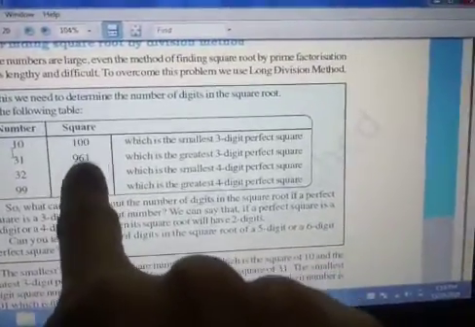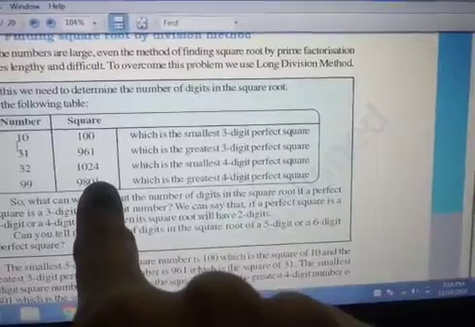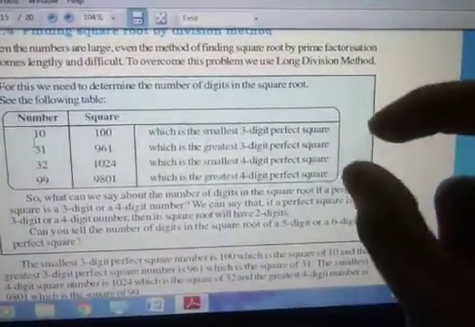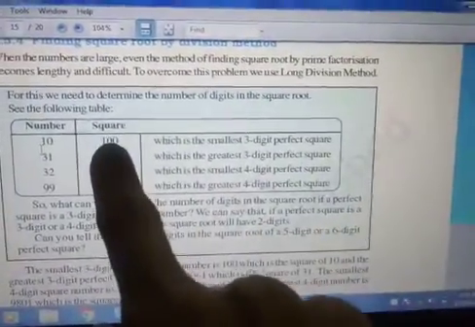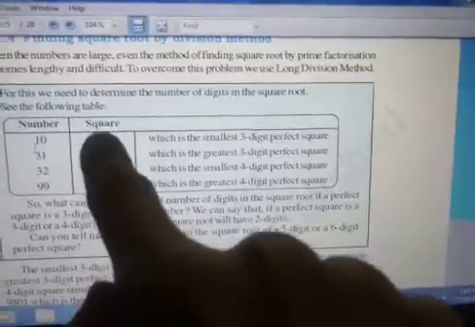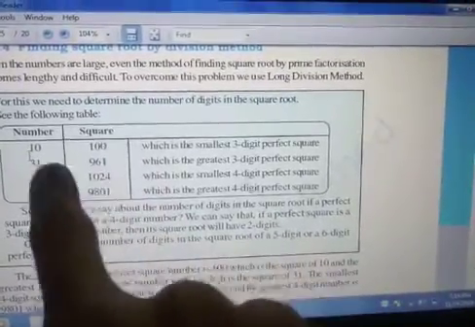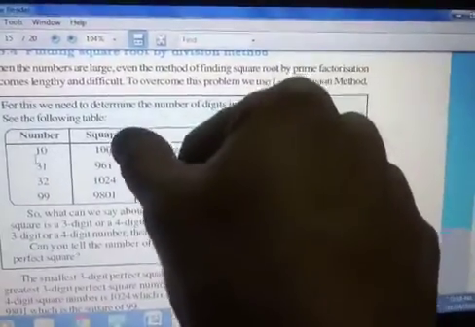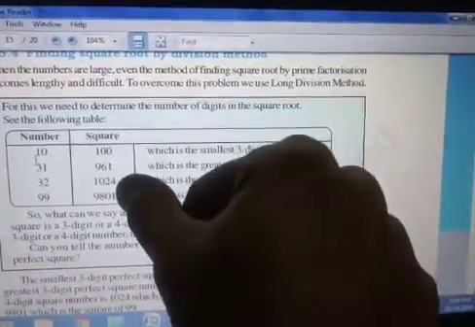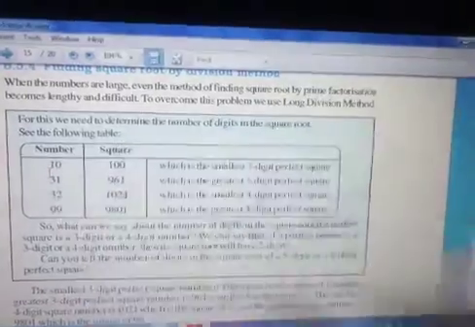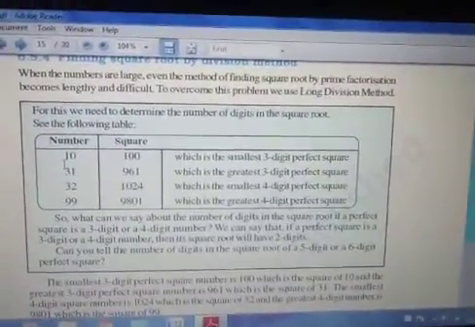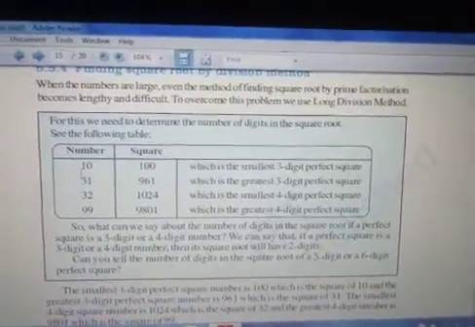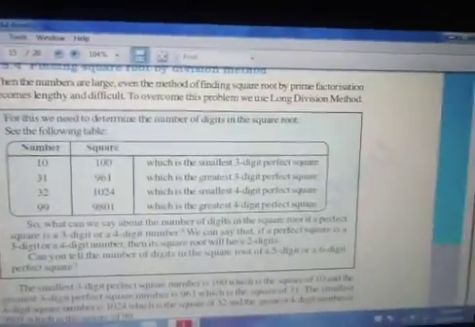Listen, these are the squares of numbers. Square number means, you know, right? When I multiply a number by itself, the answer is the square of the number. When you take the square root of this answer, you get the square root of the number. So if you know the number of digits for the square of a number, you can find the number of digits for the square root of the number. First, before that, we are going to discuss this.